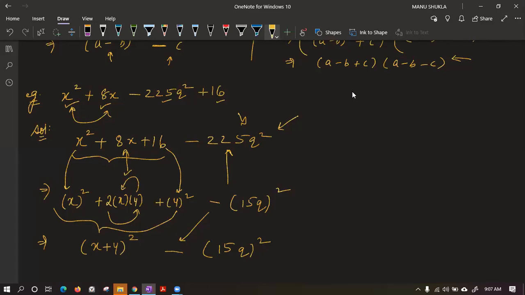Now class, if you observe, this is not the factorized form. You can compare it with a square minus b square is equal to a plus b, a minus b. Now tell me, what is the value of a? Class,